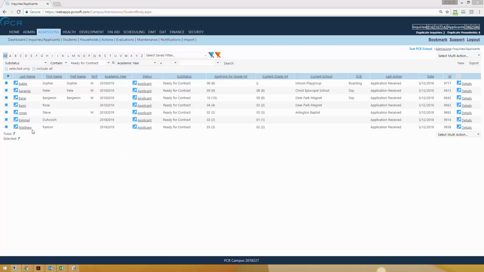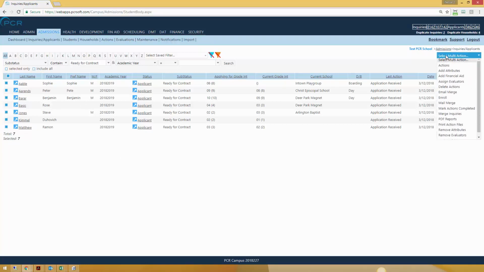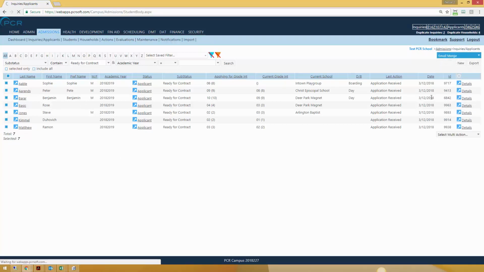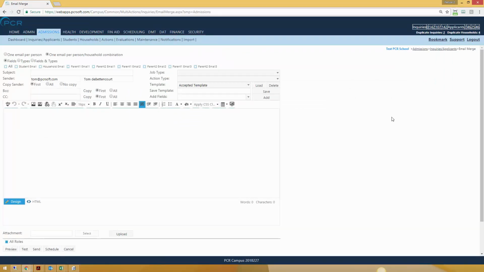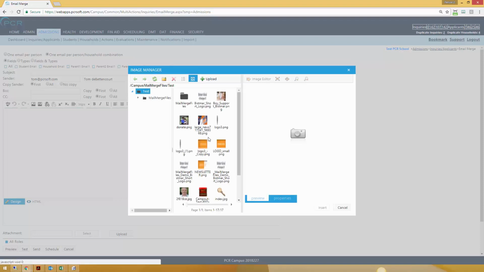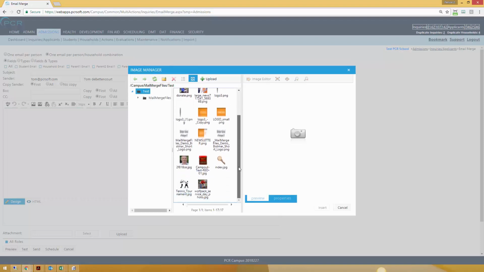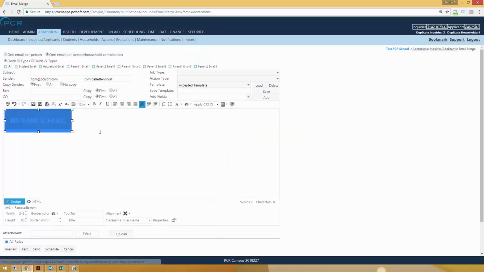Now that I have selected the students that are ready for contract, I'll go here to the multi-action menu and click Email Merge. To create an email, an administrator uses an online editor that features a variety of formatting tools. So on this screen, I'll just create a basic template. So I'll click the image manager, and I can drop the logo for my school here, and then I can say something like dear, and from